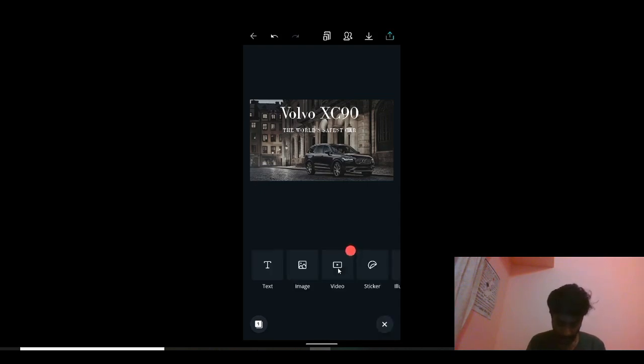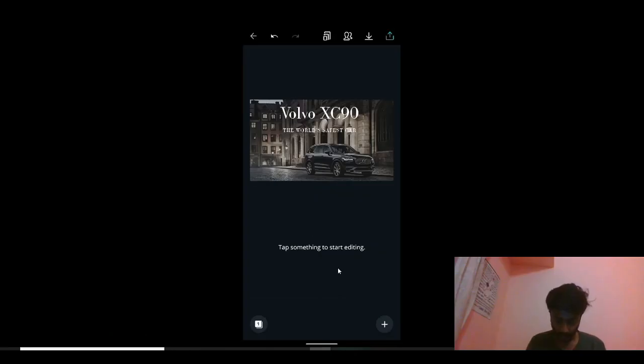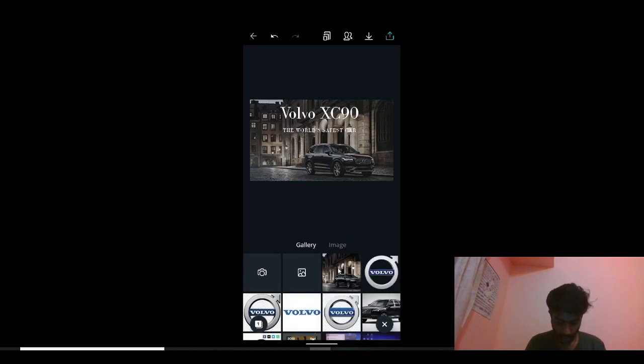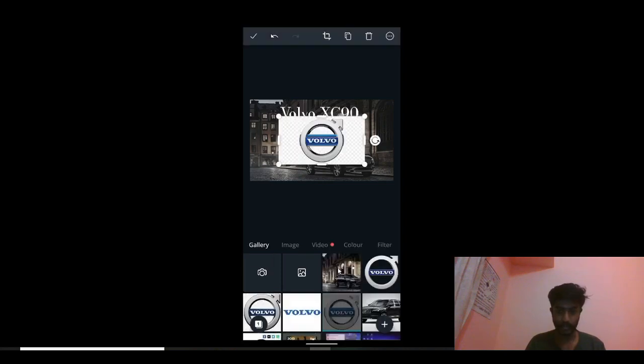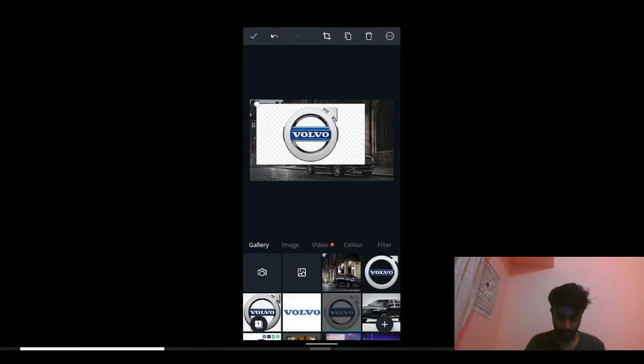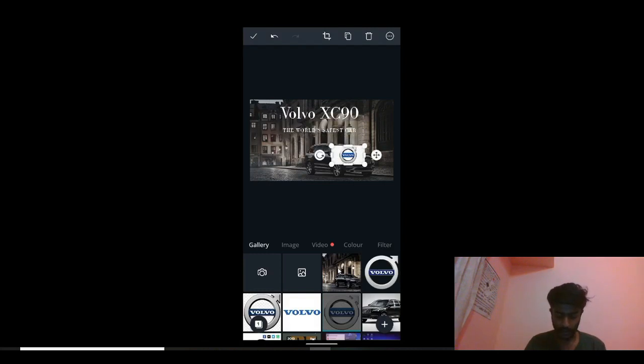Like I would like to add on, by adding on, you can see a plus sign towards the right corner. I'm clicking on it and you can see text here. If you want to add some more text onto your picture, you can go here. And if you wish to have an image, I'm choosing image here. So first I'll show you how it looks if I'm using a JPG. You can see this is a JPG file wherein the background also has been shown. So I don't want this, so I'm going to delete it.